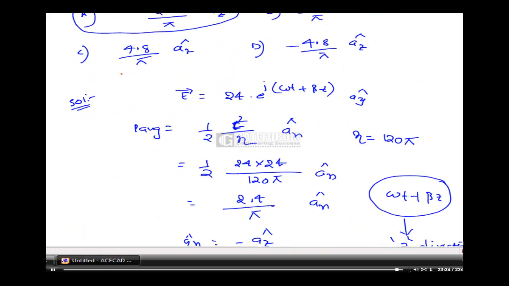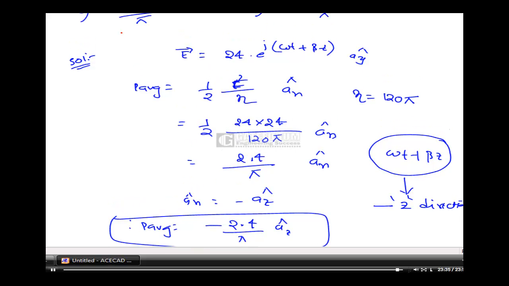So here the conclusion is, if only one wave equation is given, that is either E or H, then for calculating average power use the formula E square by 2 eta. Suppose both E and H are given, then to calculate average power use the formula half into real of E cross